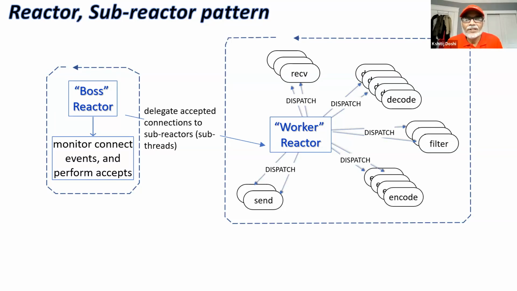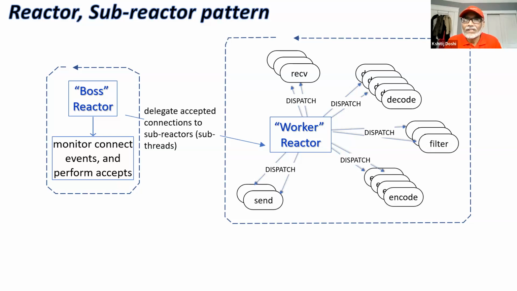That reactor pattern has been extended into a kind of twofold reactor pattern called a boss reactor and a worker reactor. And this goes back to the Java frameworks that existed prior to Netty. So what's the idea here? We noticed that when the reactor picked up a completion and dispatched an application-provided handler, there was perhaps some modest amount of compute involved. What if that amount of compute was not modest at all, but would impose a significant amount of computational delay? So rather than serializing everything behind the ability of a single thread to perform these things,